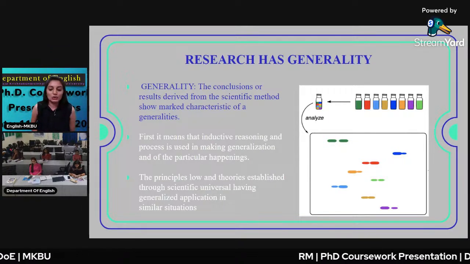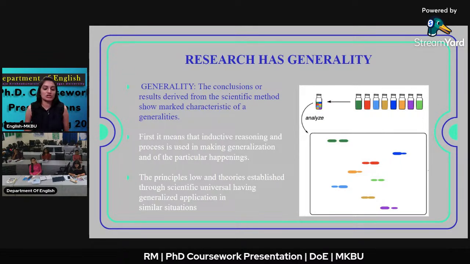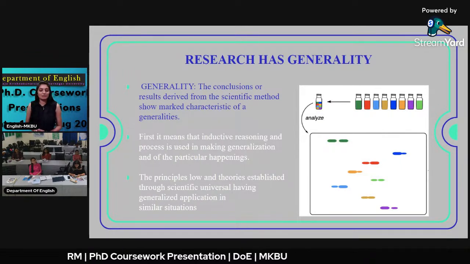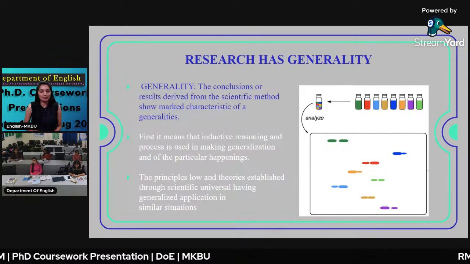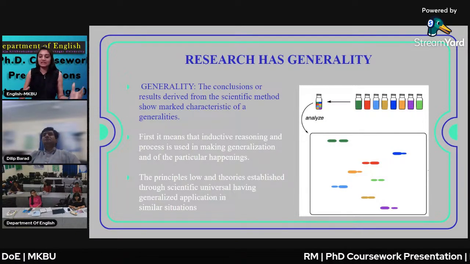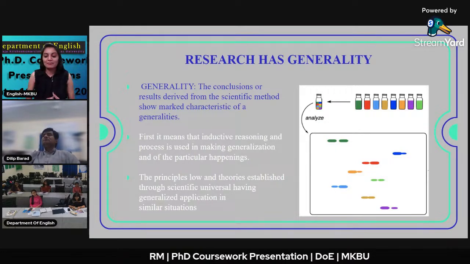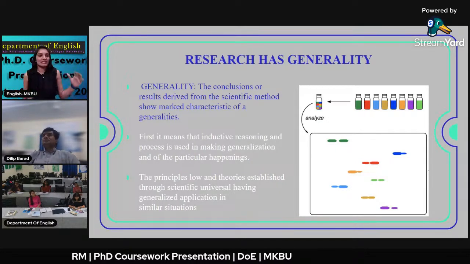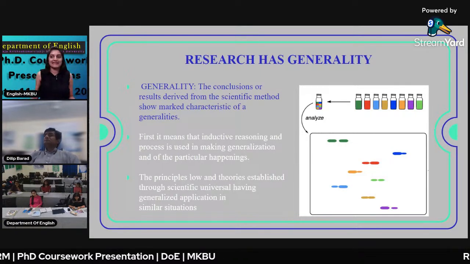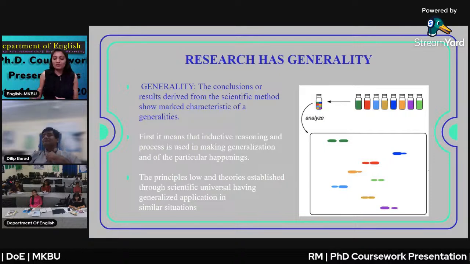The conclusions or results derived from the scientific method show the marked characteristic of generalities. First, it means that inductive reasoning and process is used in making generalizations of particular happenings. Here, through the image, you can see that there is a multicolored display, and then it is collected. This is an example of your collected data from the general things.